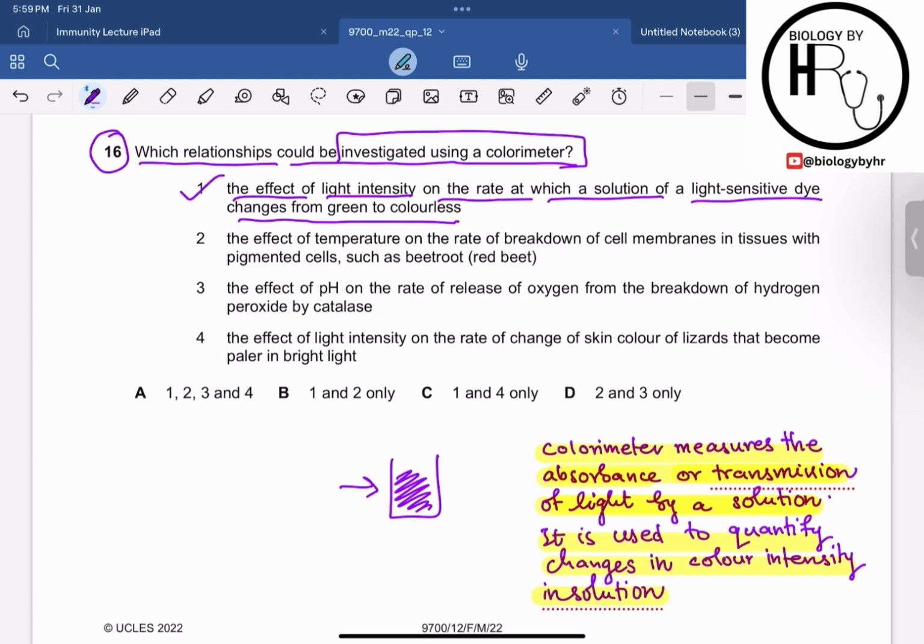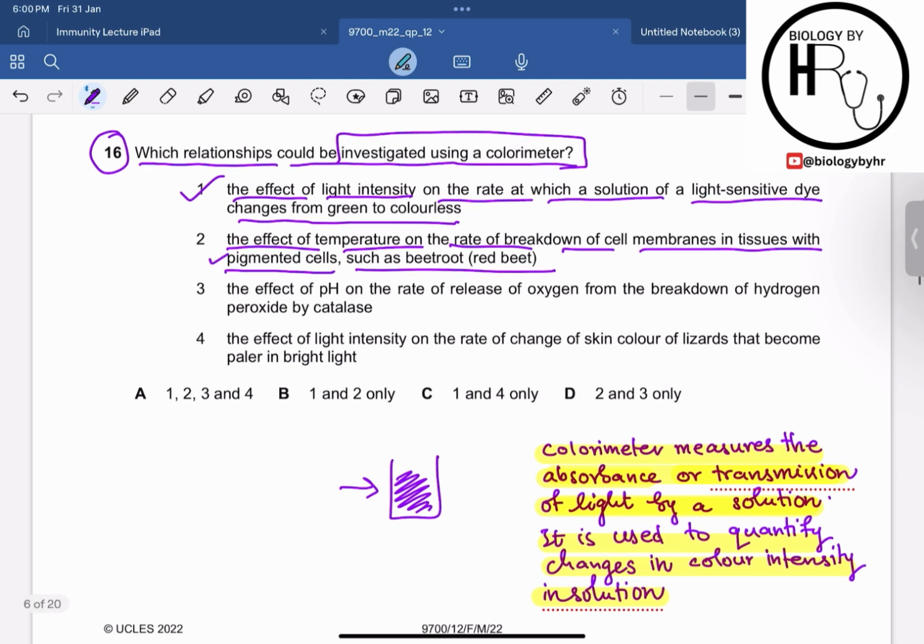In statement 2, they are saying the effect of the temperature on the rate of the breakdown of the cell membrane in the tissues with pigmented cells such as beetroot, which is the red beet. Yes, so this can also be investigated using the colorimeter. Why? Because of the leakage of the pigment from the cells, right? We know that it is a pigmented cell, right? So pigments are colorful and it is also red beet. As the pigment will leak out from the cell into the surrounding solution, there will be a change in the color intensity. So yes, it can be